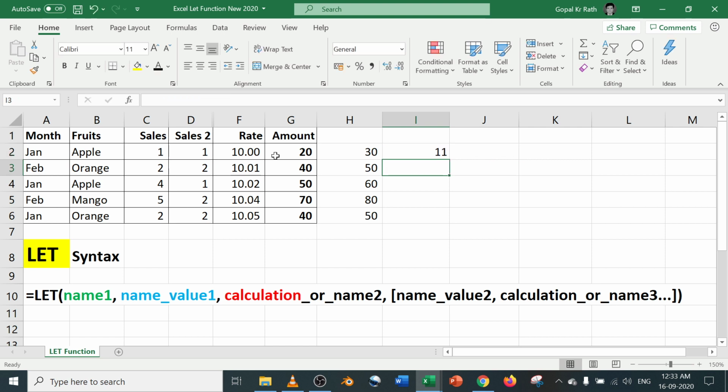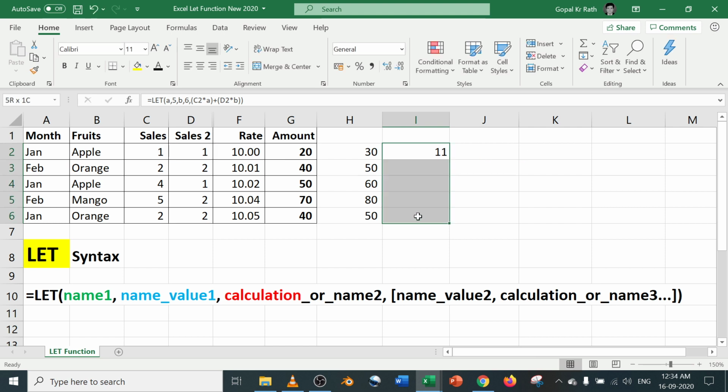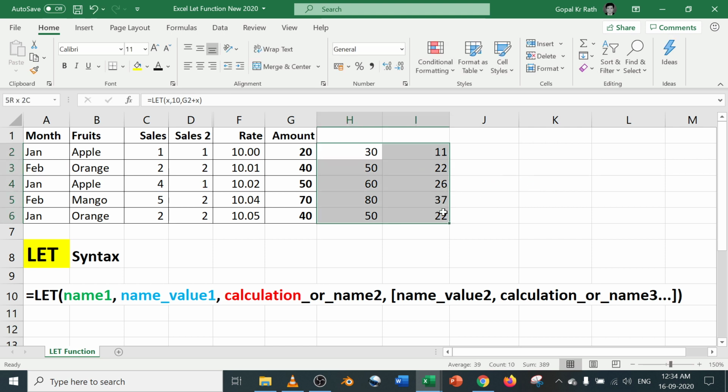For example, 1 multiplied with 5 and 6 multiplied with 1. So let's calculate all the numbers. So now here you can see both the numbers got multiplied with A and B. Here 4 multiplied with 5 is 20, 1 multiplied with 6, so 26, right? So now this is the simple calculation for LET.